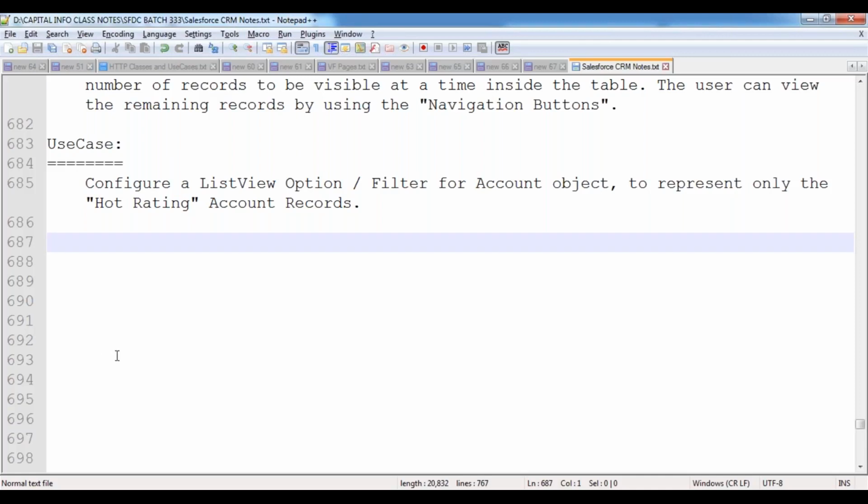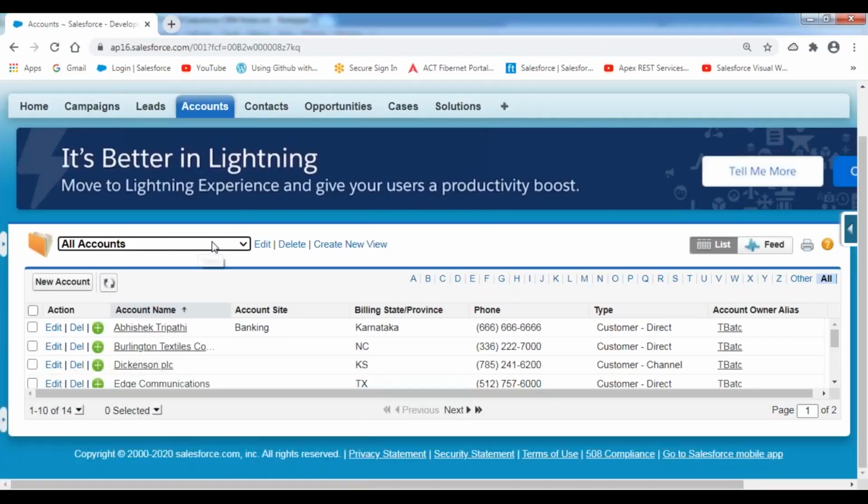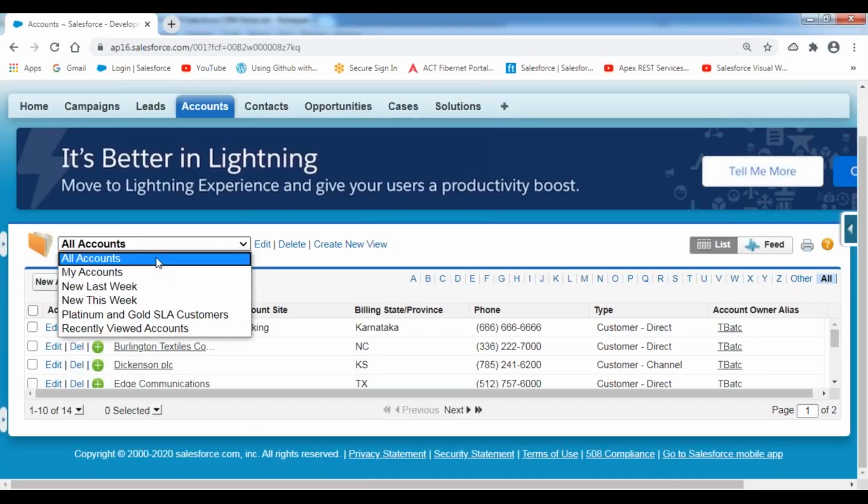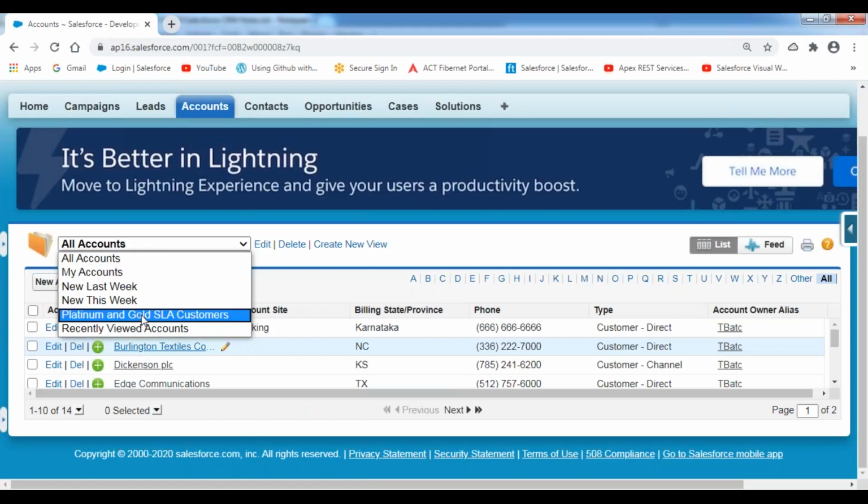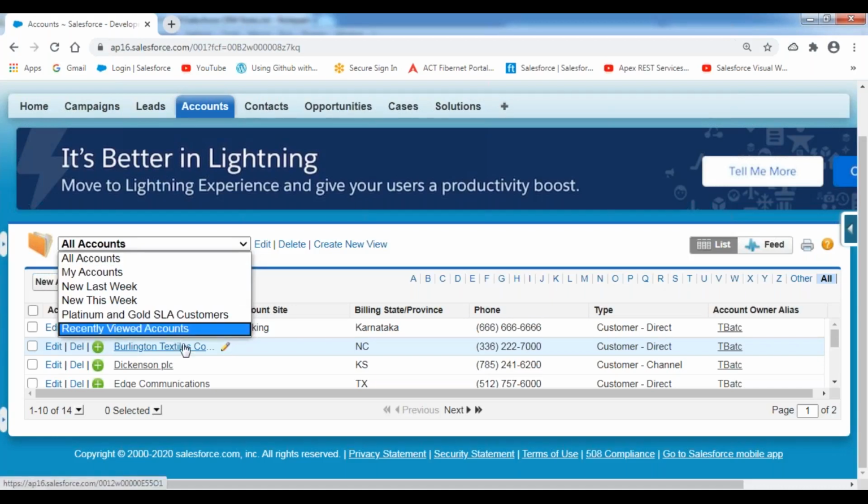So what is the requirement here? Whatever filters are available inside my list view control, here I would like to add one more option also. What is that option name? You can give any name, like hot rating accounts or hot rating customers. When I click on all accounts, it shows all account records. When selecting the hot rating customers option, it has to show only those account records whose rating value